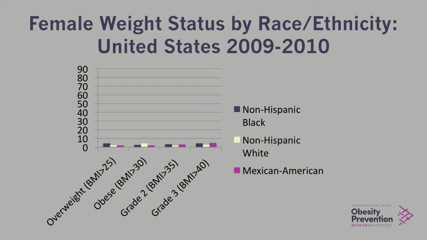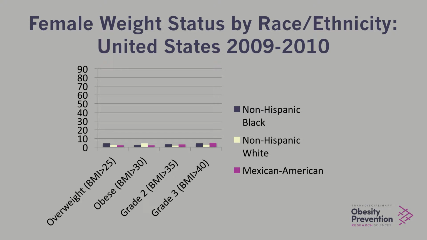If you look at the diagram, overweight is classified as a BMI equal to or greater than 25, obesity as a BMI equal to or greater than 30, grade 2 obesity as a BMI equal to or greater than 35, and then grade 3 obesity as a BMI equal to or greater than 40. Almost 81% of African American women or non-Hispanic Black women have a BMI over 25 or